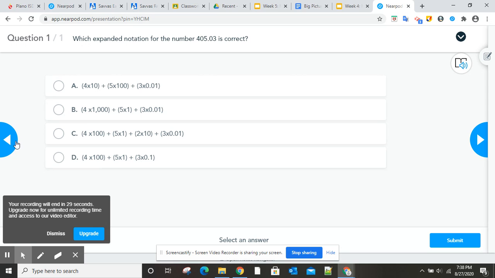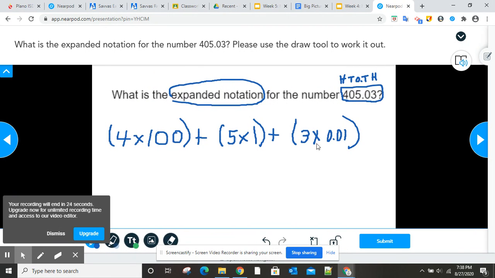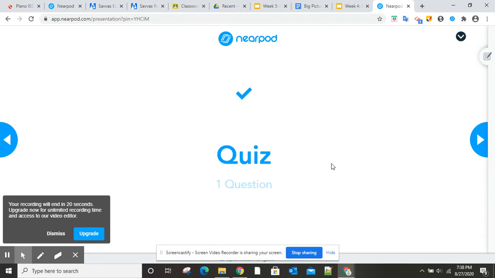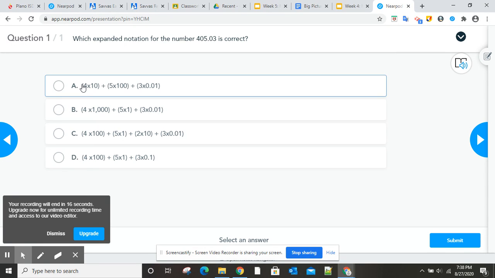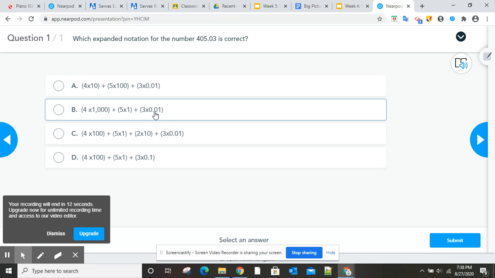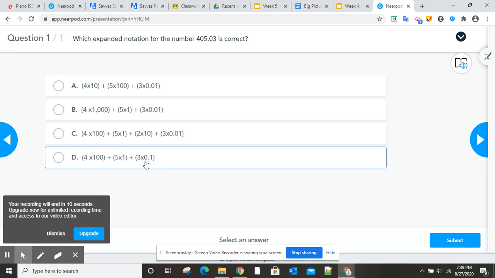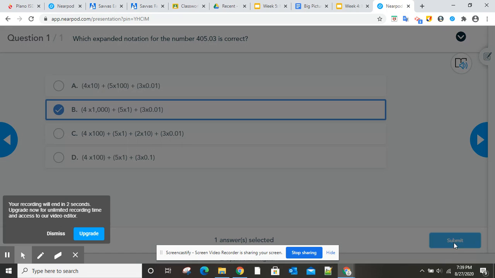Now I can continue to go back and look at this and see what I wrote, and then come back here, and I can see which one matches my answer. This one has hundredths, this one has tenths. I had a 3 in the hundredths, so this is my correct answer. I push submit,